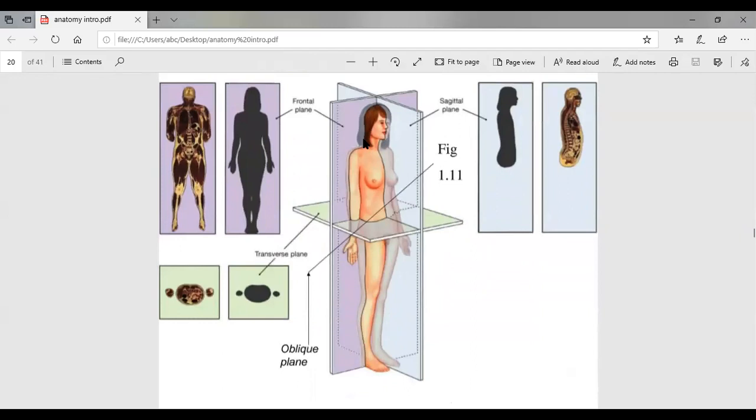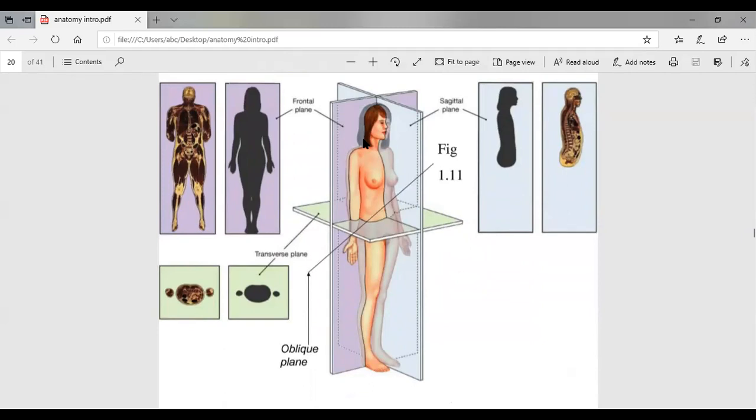And these are the different planes. There are three planes, as you can see. What is basically a plane? Not in layman's language, but in mathematical or geometrical language, you might have heard of a plane. There are different planes: vertical plane, horizontal plane. A plane is a collection of many lines in the same direction.